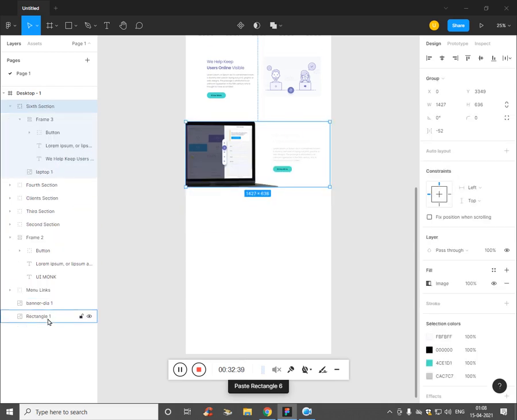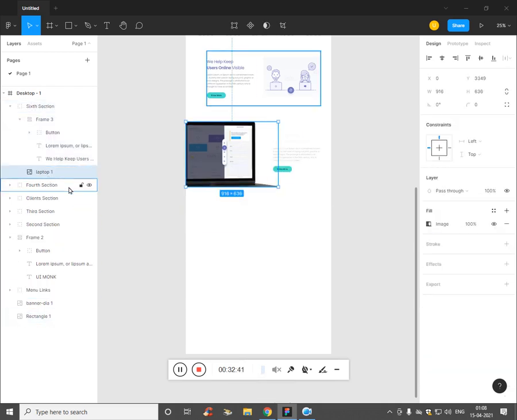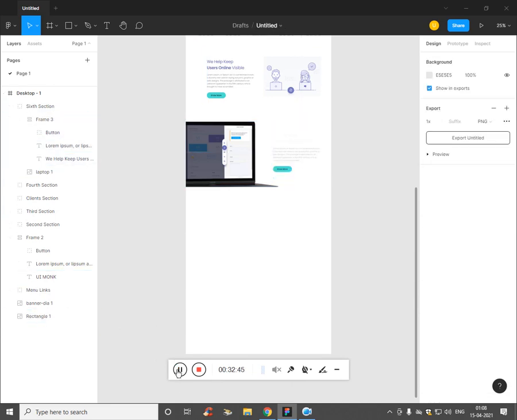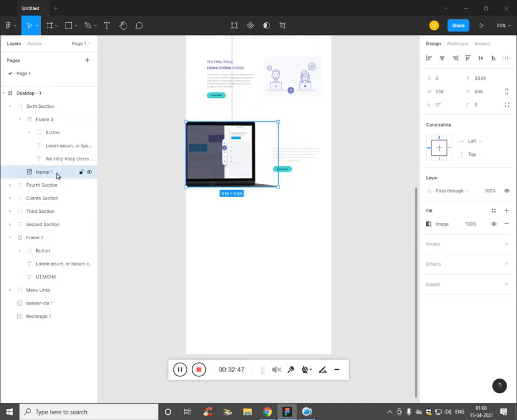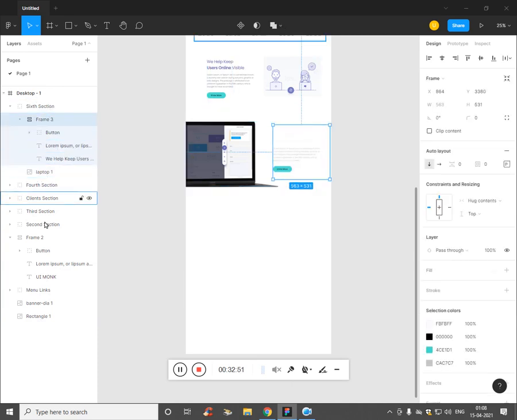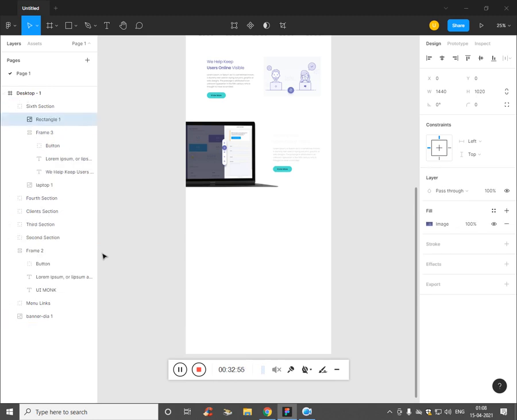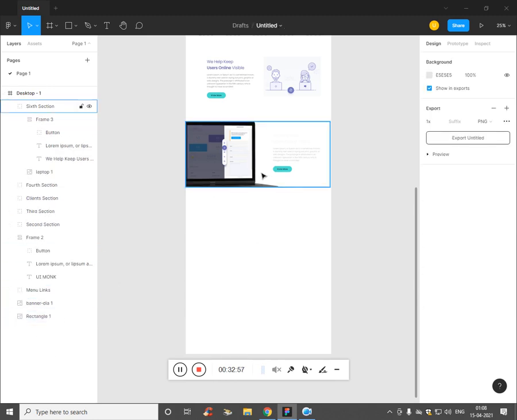Next, now that doesn't work. Laptop, I think I have made a mistake by pressing it, Control Z it. We have laptop, we have frame, and where is the rectangle? I have missed the rectangle somewhere.